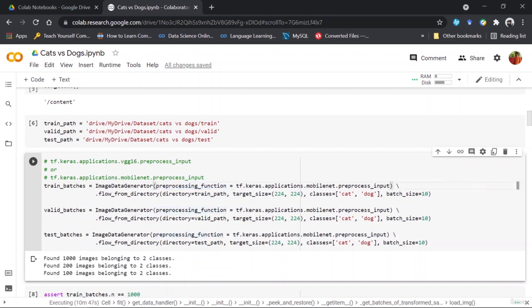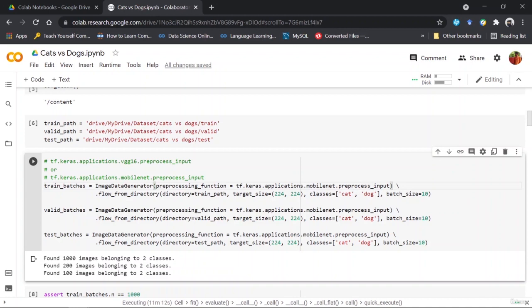If I'm already using a pre-trained model, I have to give the pre-processing function the specific model's pre-processing, that is preprocess_input for MobileNets